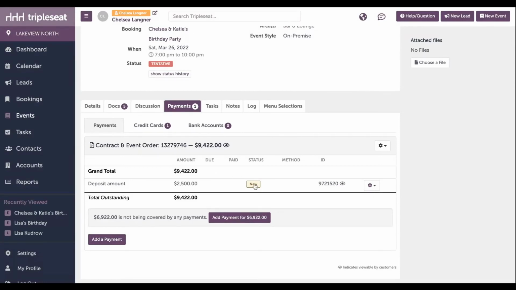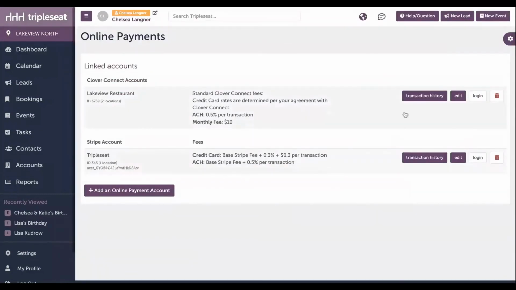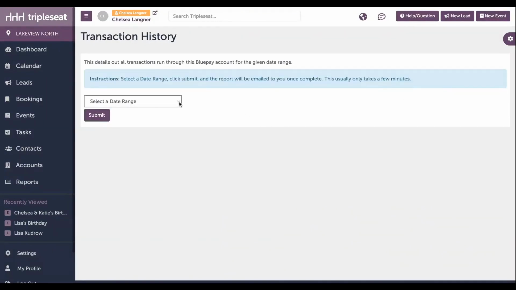But now if we jump back to where we were before, if we go back into Settings, and if we go to online payments, you're going to see right here that there's something called a transaction history report. If we click on the transaction history report and we select a date range, this is going to pull directly from Clover Connect, who is the processor. And once I hit submit, this is going to email me a full report of all transactions done within that time frame. It's also going to pull the Tripleseat event ID, so you can cross-reference this with any other reporting, and it will show when the funds were taken, what the amount was, the date, and